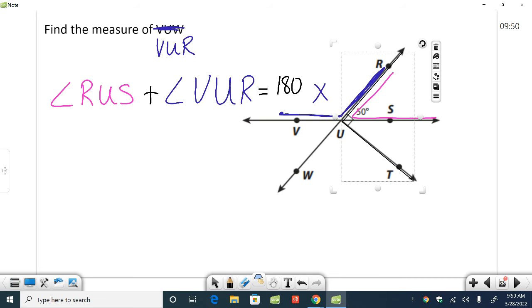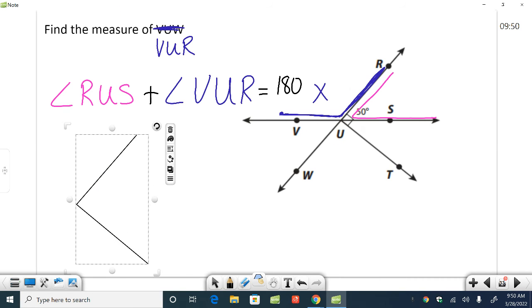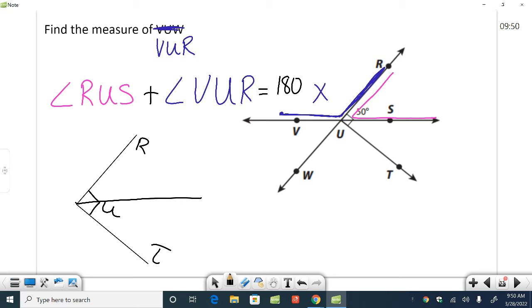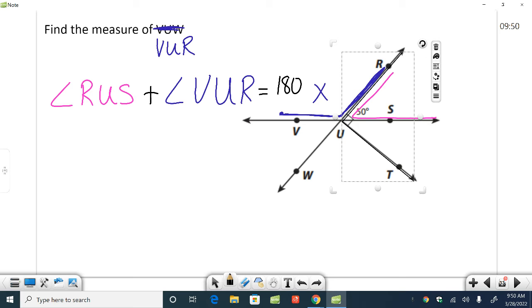This angle right here is the 90-degree angle. And that is R, U, and T. So how do I figure out what R, U, and S is? If this whole thing is 50, I guess it is saying that that's 50 degrees. How is that 50 degrees? Wouldn't that be 45? No, this angle is 50 degrees, and this angle right here,